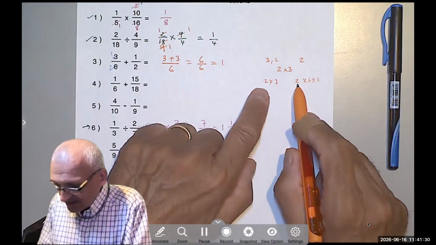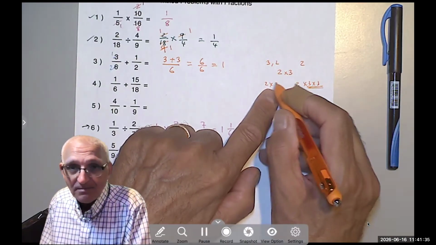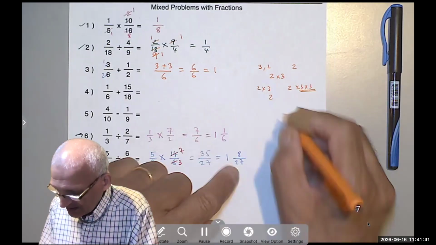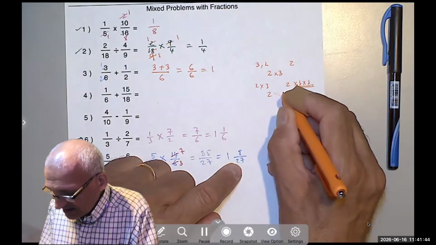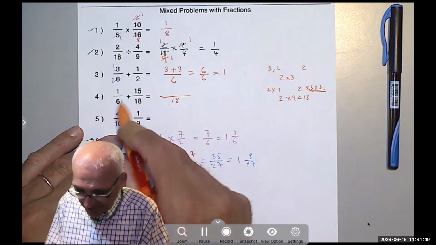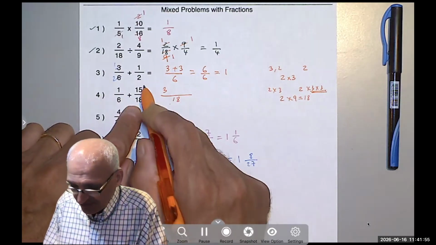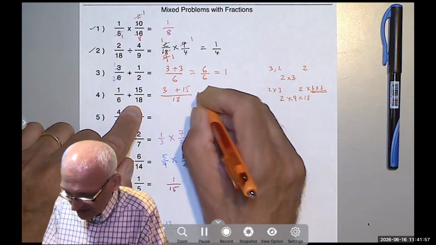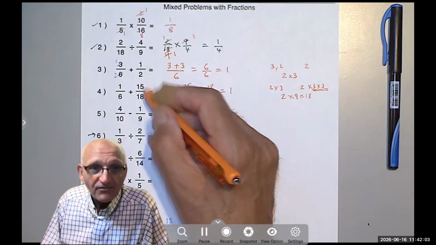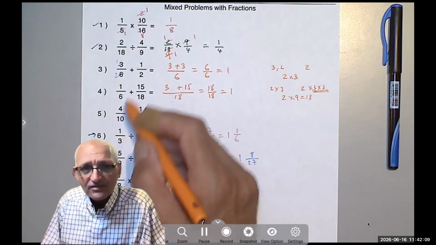The 2 appeared once. The 3 maximum appeared twice. I don't care about the least number of appearances. No, the most number is twice. So 3 times 3 is 9, and 2 times 9 is 18. So the common denominator is 18. 18 divided by 6 is 3 times 1 is 3. 18 divided by 18 is 1 times 15 is 15. And 3 plus 15 is 18 over 18. Oops, again, it's 1. Because that was 5 over 6. 5 over 6 plus 1 over 6 is 6 over 6, which is